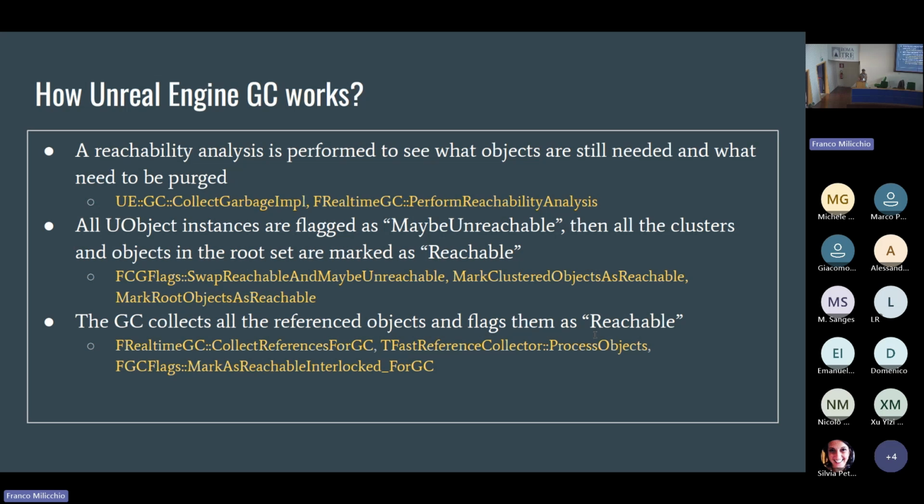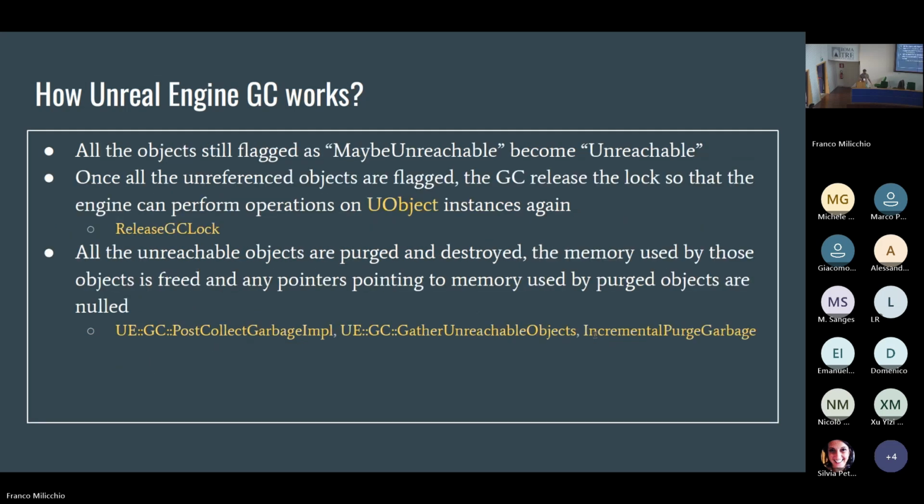I'm going to talk about clusters later when we talk about optimizations. And so once we have that, the GC collects all the referenced objects and flags them as reachable. We're going to see how objects can be flagged as reachable in a minute.